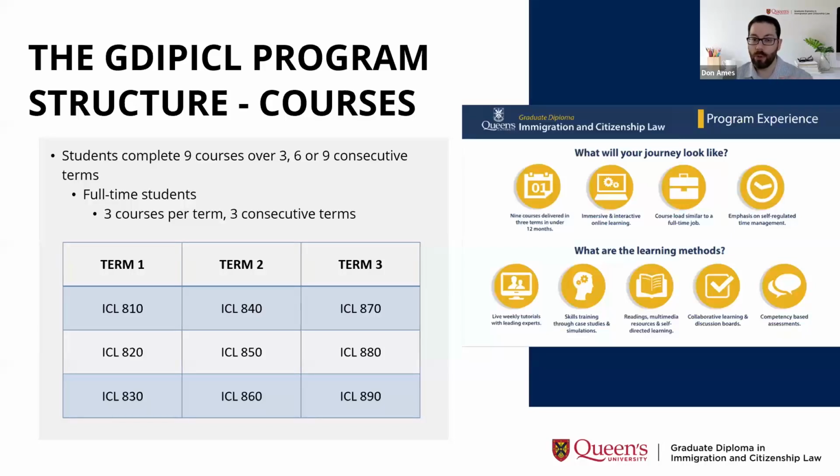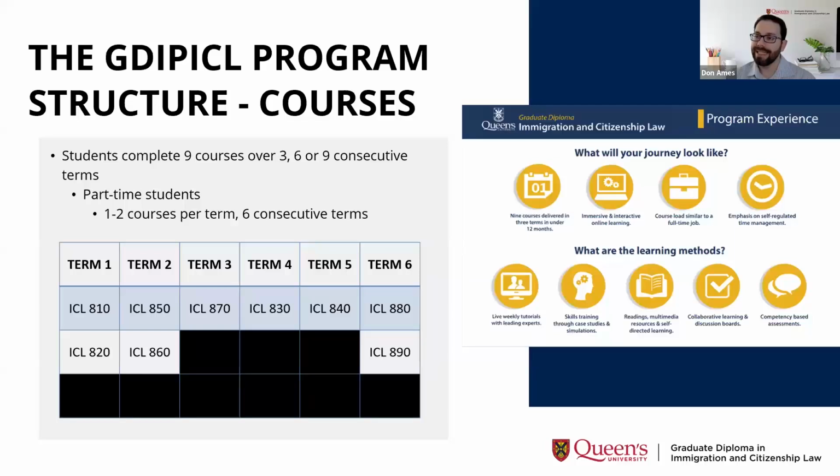You'll complete those 3 courses. As you can see, they're all structured there in that chart below, and you can see that it's ordered. It is ICL 810 all the way to ICL 890 in a specific order. Our program is not a buffet where you can select the courses that you want to take at any time. It's a set menu. So you will take those 3 courses as prescribed. We're going to enroll you in these courses. The only thing you need to select when it comes to course selection is the tutorials you wish to take. And I'll cover tutorials a little bit later in the presentation.